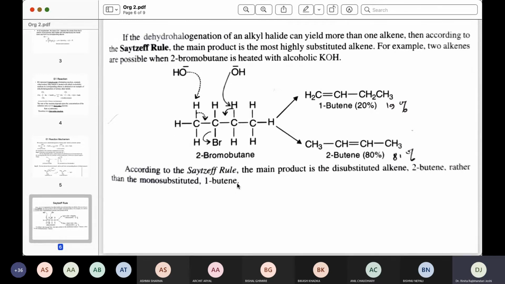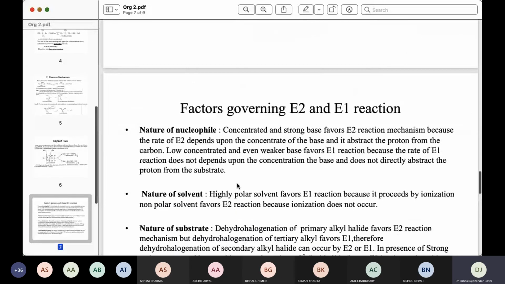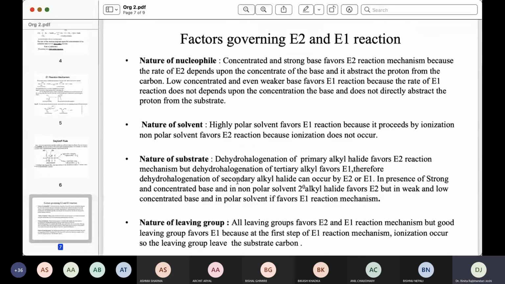अब यति गरिसकेपछि of course factors governing E1 and E2, हामीले factors governing SN1 and SN2 जस्तै त्यही conceptमा we can write how the nature of the nucleophile governs or favors E1 and E2, how the nature of the solvent favors E1, E2, how the nature of the substrate govern E1, E2, or how the nature of the leaving group govern E1 and E2, 1 marks, or how I'll write the factors that govern E2 and E1 for your 3 to 4 marks. So with the same concept of the SN1, SN2, हामीले त्यही pattern बाट we can ask that,